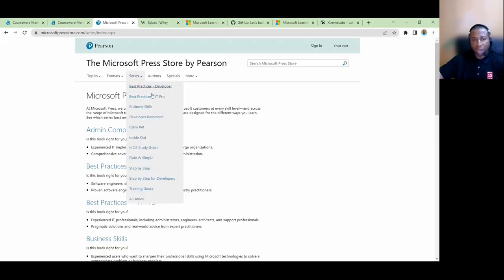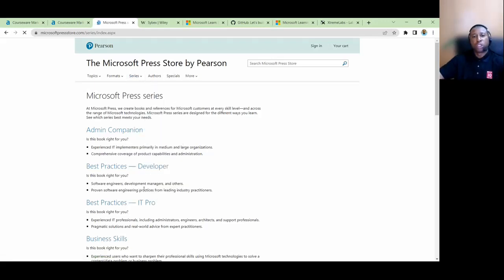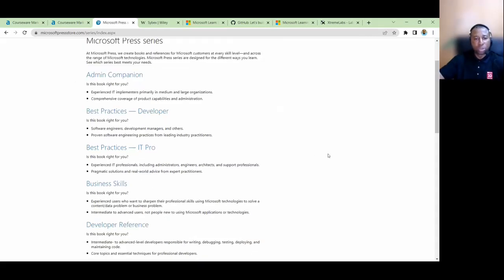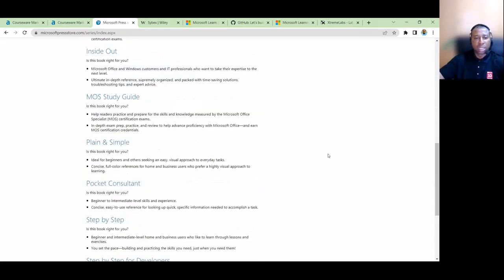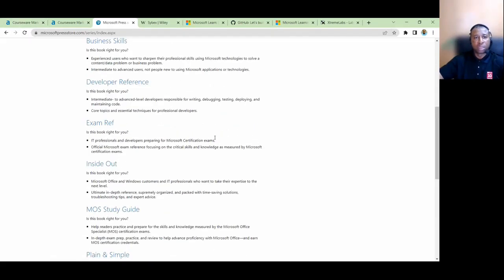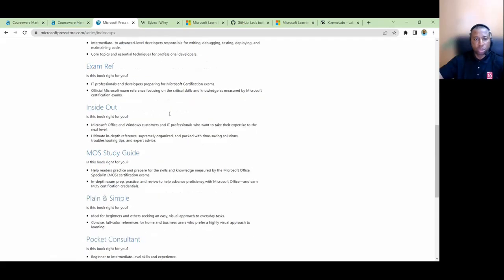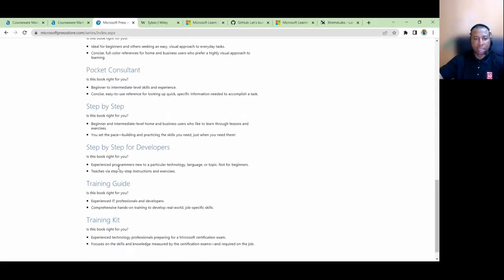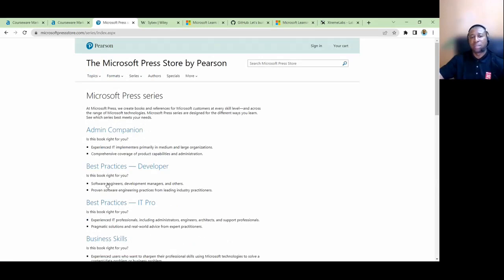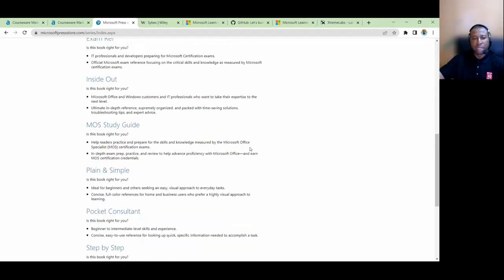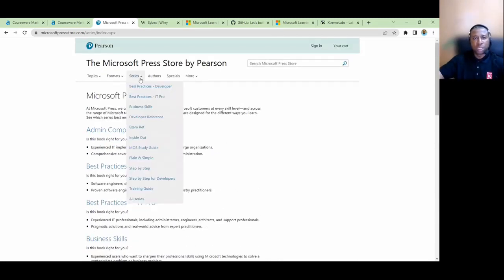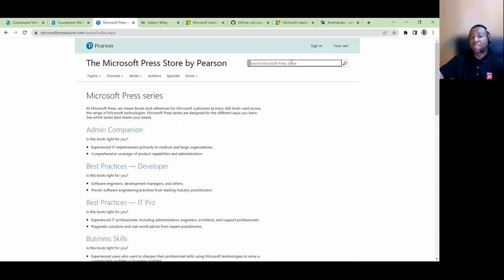So if you want to get something close to that, we have the option of training guide. Training guide will basically provide you some textbooks. Let me click on refresh. Okay, so let's go to training guide. This will display IT textbooks that are written basically for aiding training. So yeah, you can now search for the particular textbook that you are interested in.